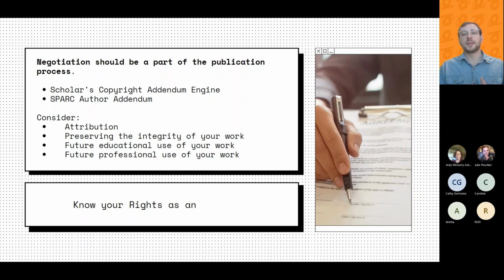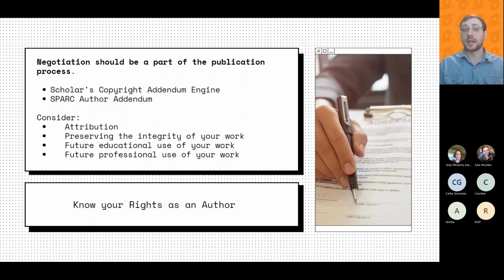You're probably going to be asked to sign a copyright transfer agreement, a CTA. It usually transfers most, if not all, of your rights over to the publisher. That means you're no longer the copyright holder, so you can't make decisions about licensing. If you want to share your work with colleagues and students, print or electronic, that might be infringing.